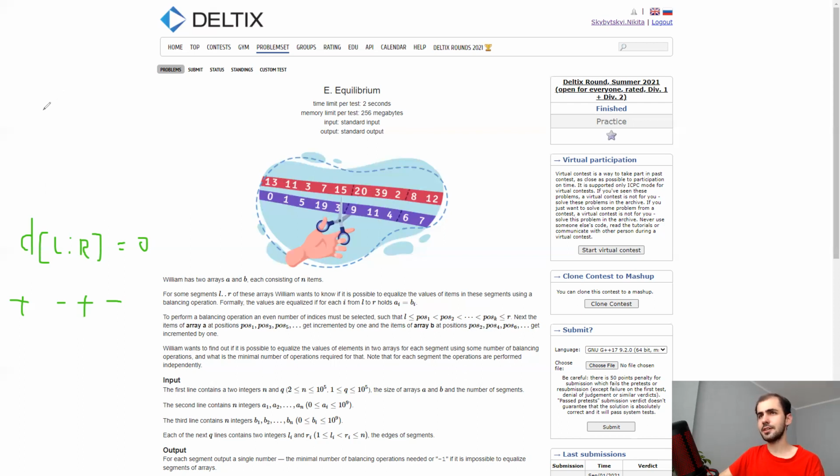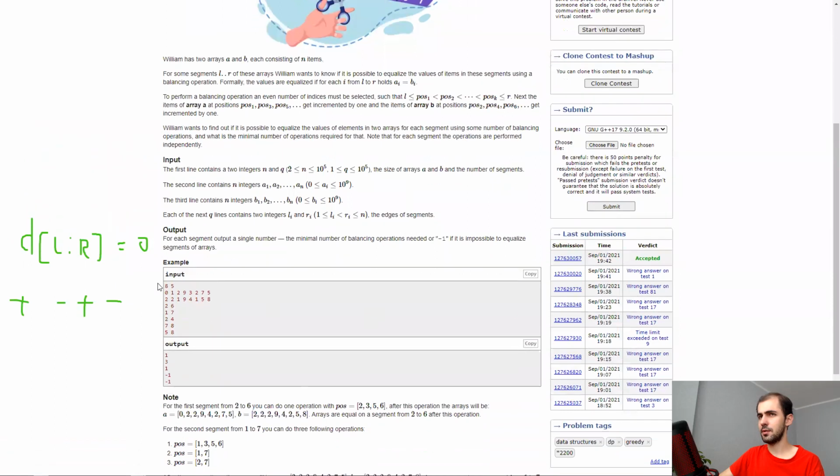So initially I was thinking, okay, let's take a look at some of the examples. I already said that I'm considering a difference array. So why don't we just write it explicitly for the first sample? The difference of the two arrays, not the difference array, is something like that, I believe. So here I unfortunately got the wrong idea